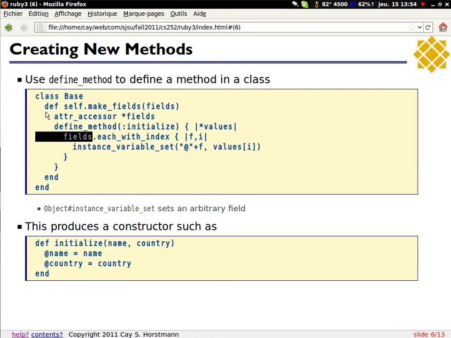Just about every Java class that you ever write has this trivial constructor, right? It has a parameter for every field, and then you assign them all. You say this.A equals A, this.B equals B, and so on. It's a really boring constructor to write. And Eclipse will in fact write it for you. There's a canned refactoring for it. But here, one can write generic code that makes this constructor.